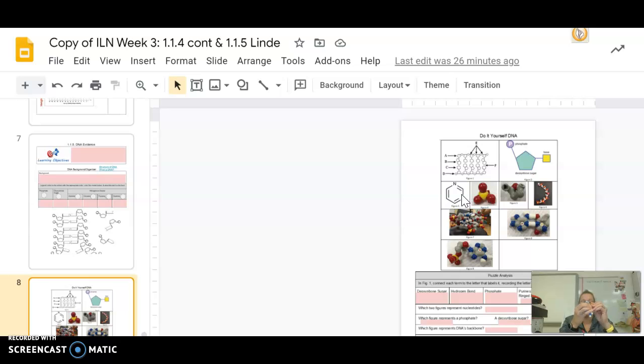Well, you guys, mine's just not wanting to stick. And then you're going to do that same thing with T. So you're going to put the deoxyribose with the nitrogenous base, and you got to move it so that it will connect properly. And then you're going to put the phosphate group onto